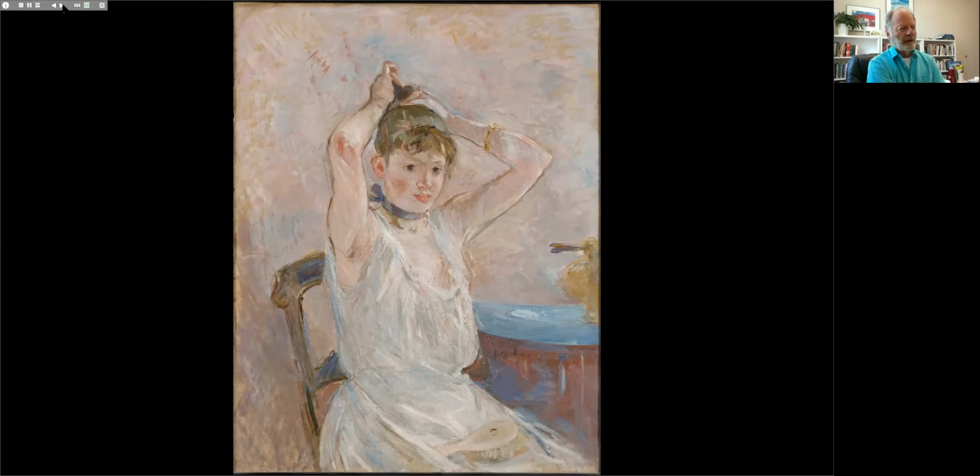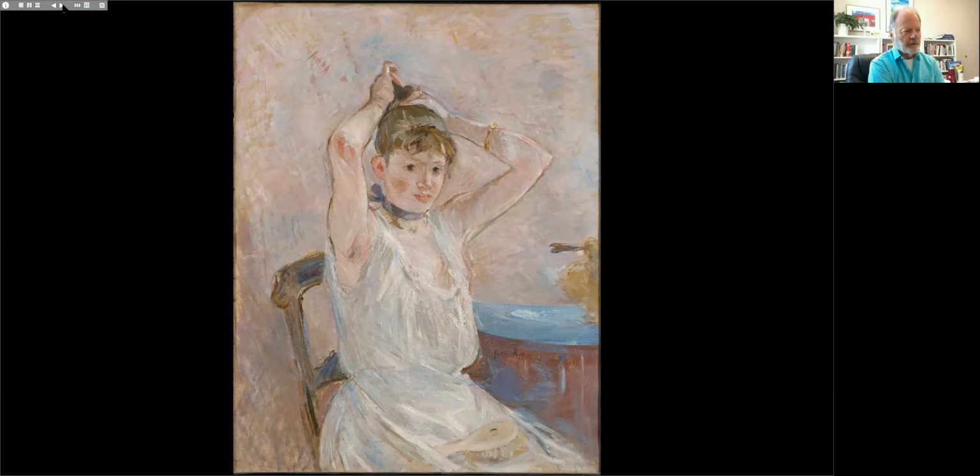But you'll notice here that there's a combination of more definite drawing of the figure with firm contour lines, and those seem to be applied over and around very free brushwork of the kind that is characteristic of Morisot's earlier work.